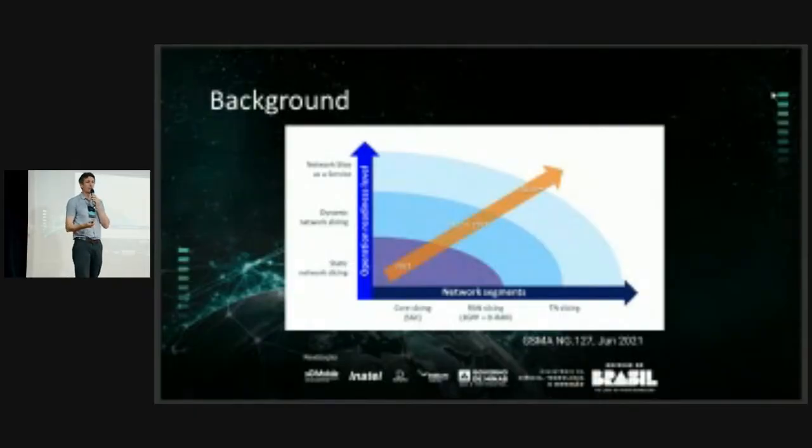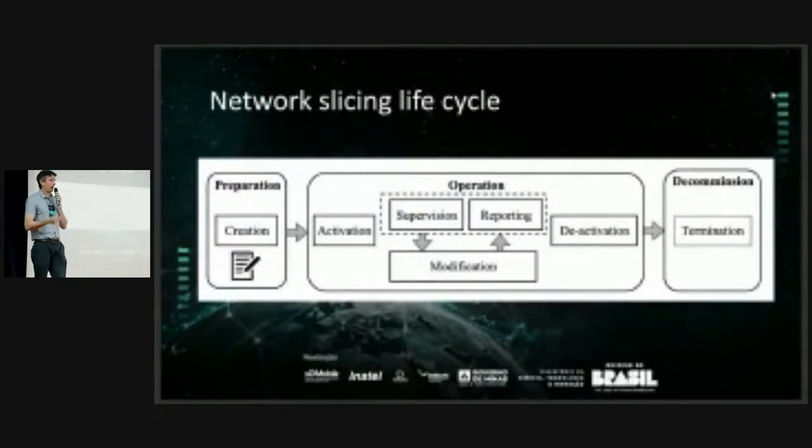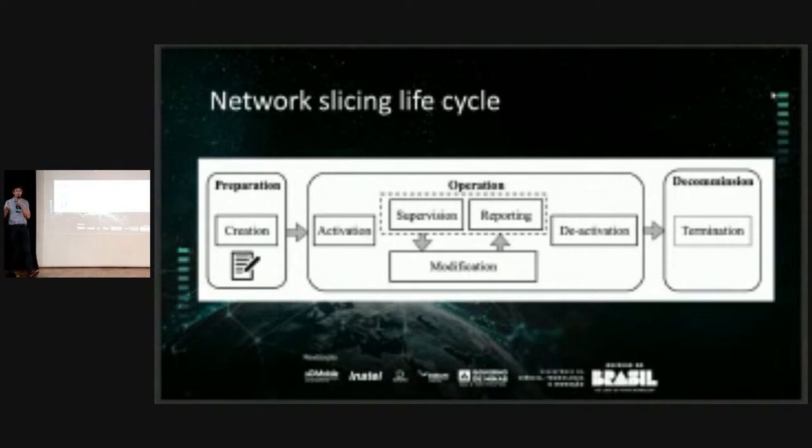For example, one vertical application needs one specific case, one specific network. He requests one slice, uses this slice, and decommissions this slice. This is one perspective for the future, considering the business, one new business model. I request one slice, I decommission one slice. Okay, we have one network slice life cycle.